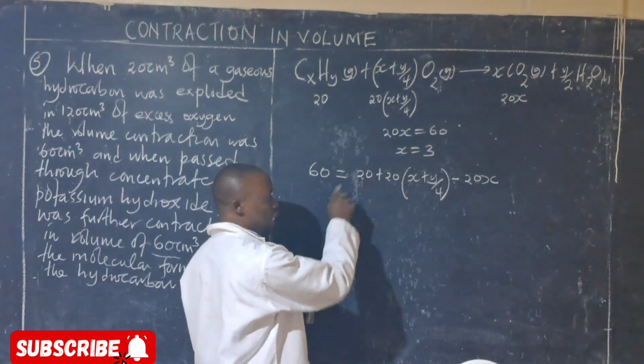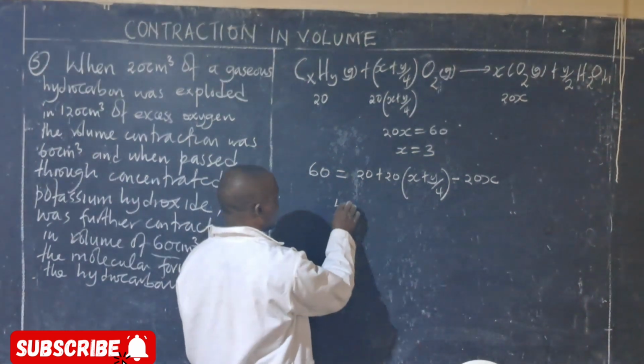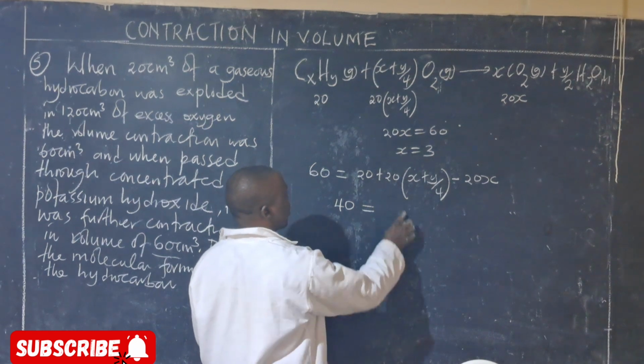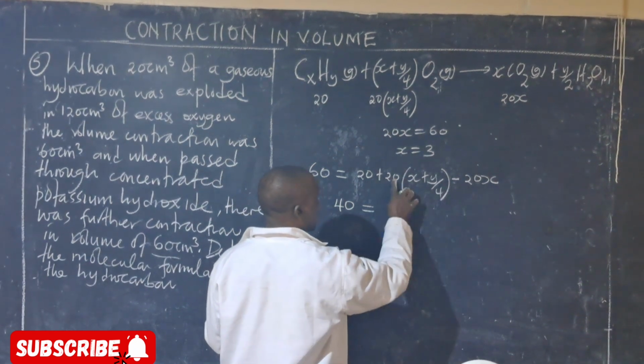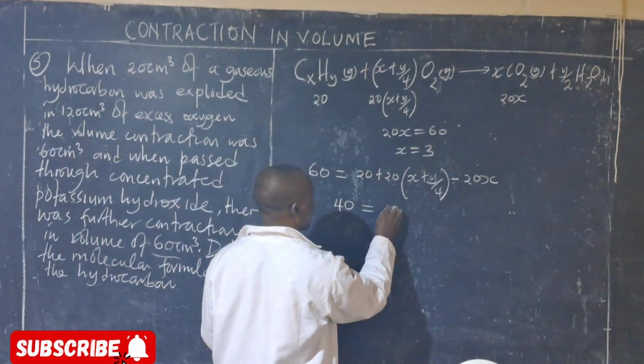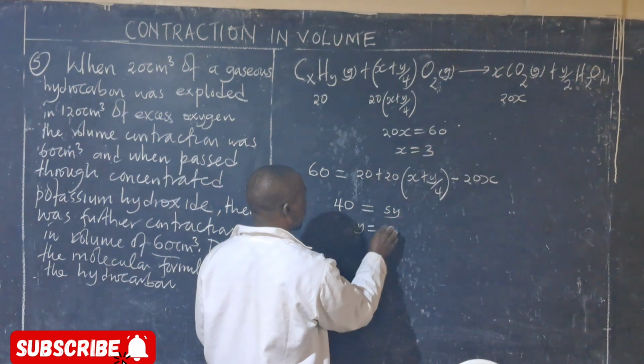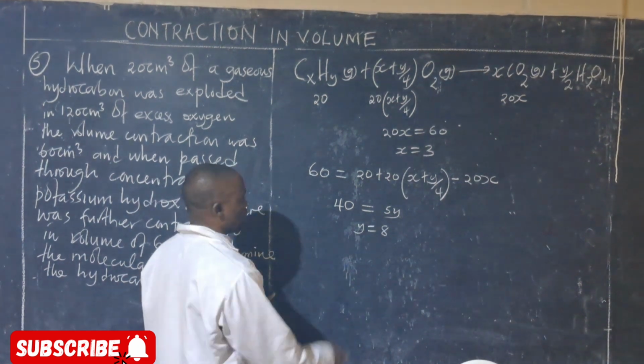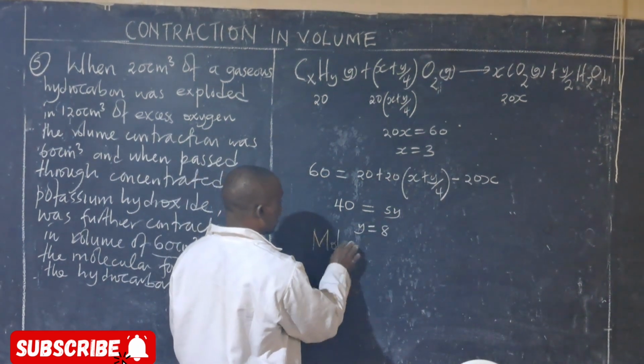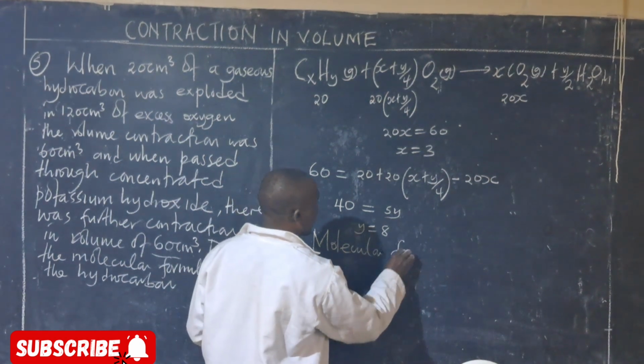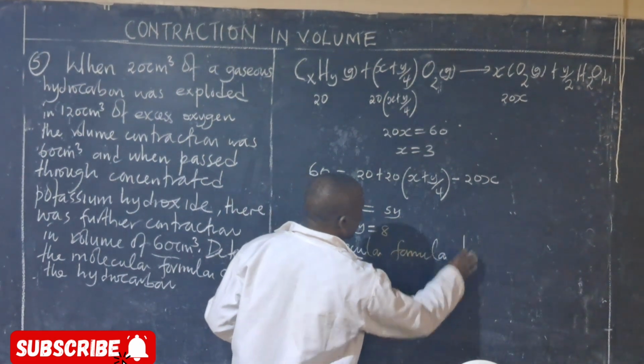So 60 minus 20 is equal to 40. So 40 is equal to 20y out of 4, which is 5y, giving us y is equal to 8. So you can say the molecular formula is